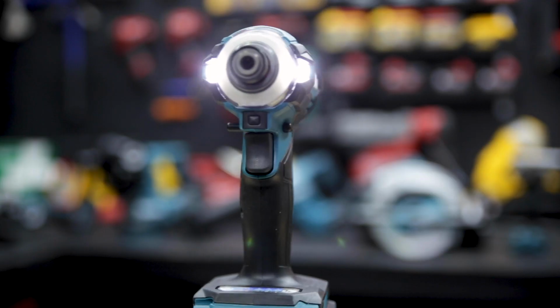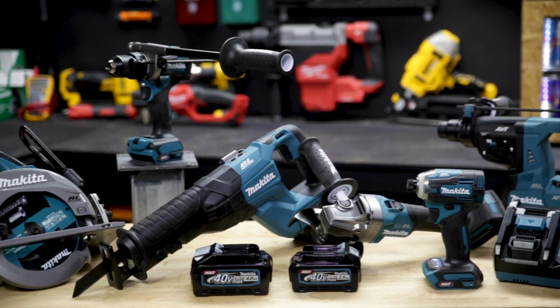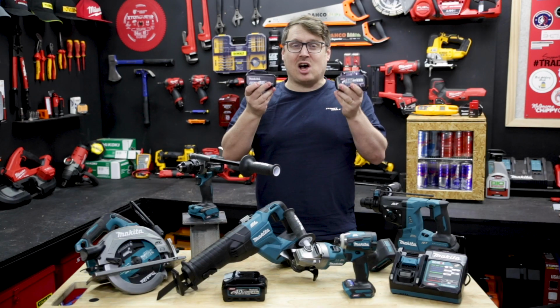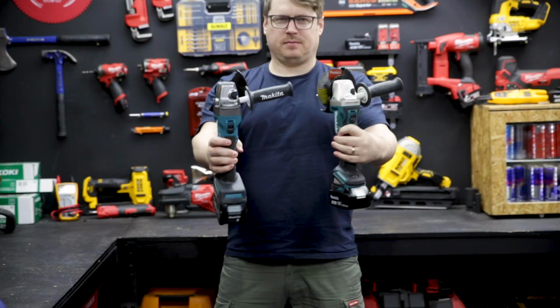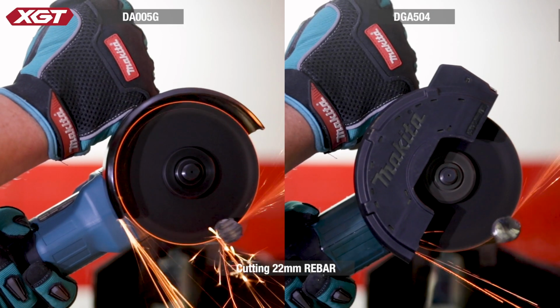XGT is the brand new 40-volt platform from Makita. This is a single battery platform featuring a whole new range of power tools. Even though the new batteries have a larger output, when you hold them in hand side by side with the 18-volt existing batteries, they're a similar size and weight. As are the new tools, a similar weight to the existing 18-volt tools, but using them is a very different